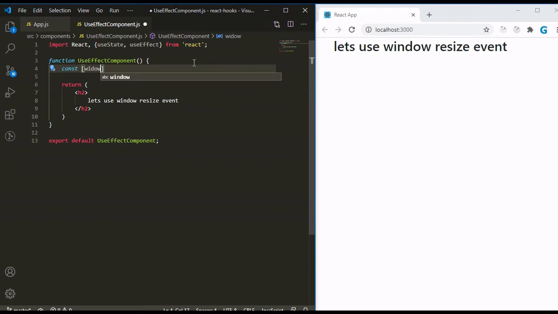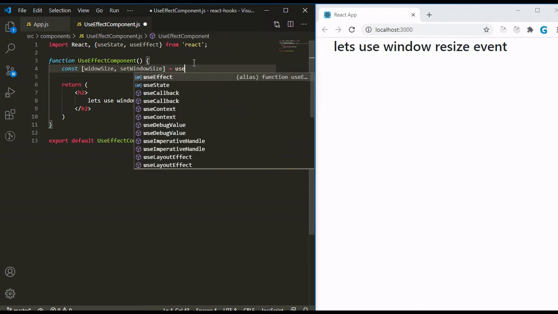For that, first we will define the state variable by using useState. So, window size. First we are going to set the default size of the window. So let's see, setWindowSize.